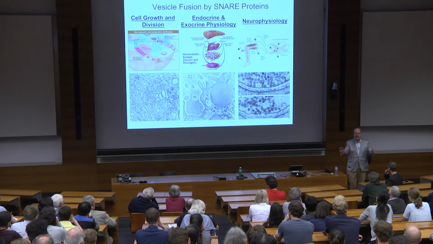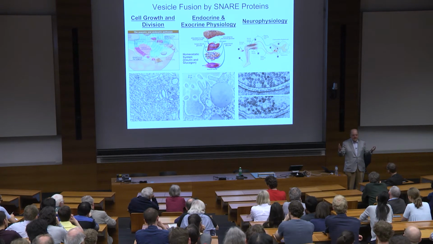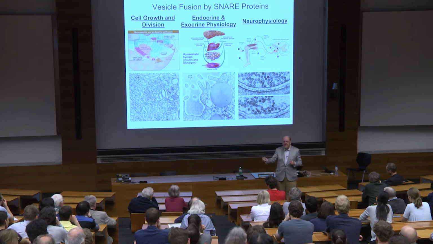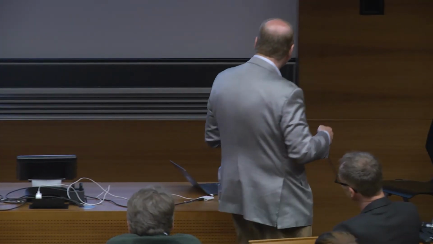So it's a very unusual situation from the point of view of molecular mechanism. How can you have a molecular machine, the SNARE pin, that carries out a process on one time scale in most of biology, and in a very important area of biology, neurobiology, carries out essentially the same reaction 1,000 times or more faster? And it's such a simple protein. This is just 4 helices that assemble into a bundle, and it would seem to have only one molecular mechanism. So how can it operate on such radically different timescales? So that's the problem that I would like to address today.